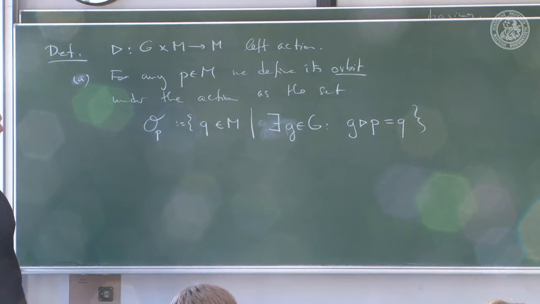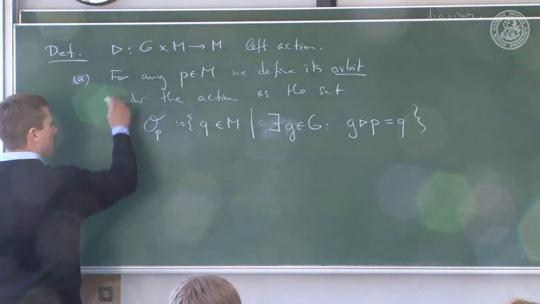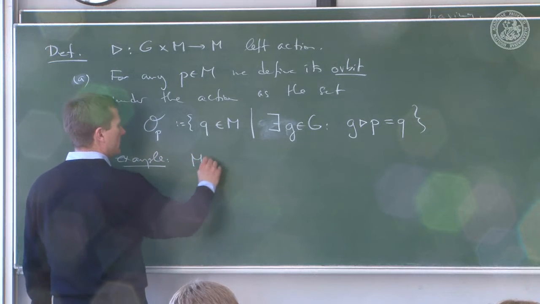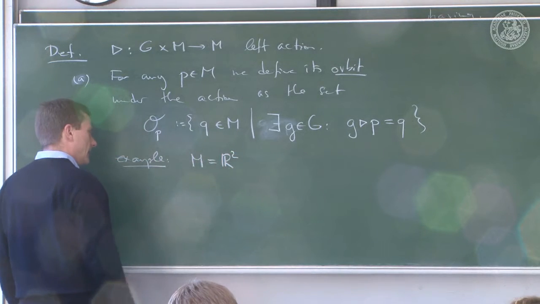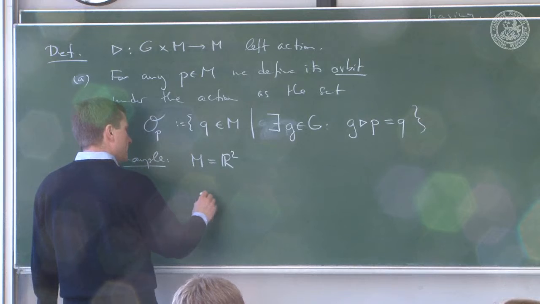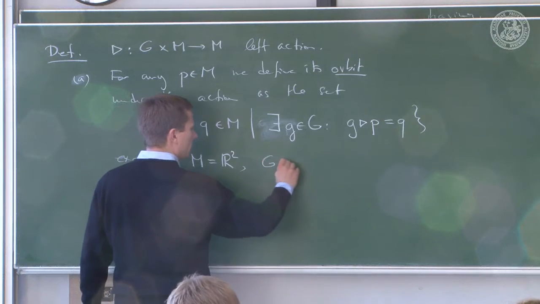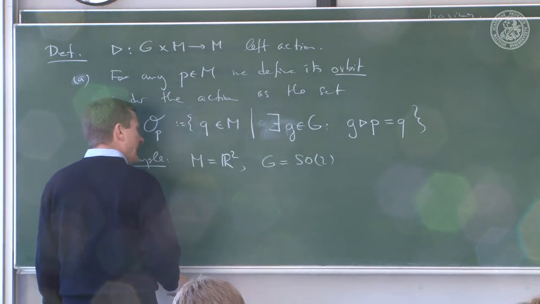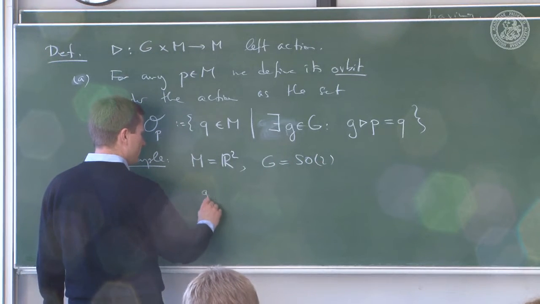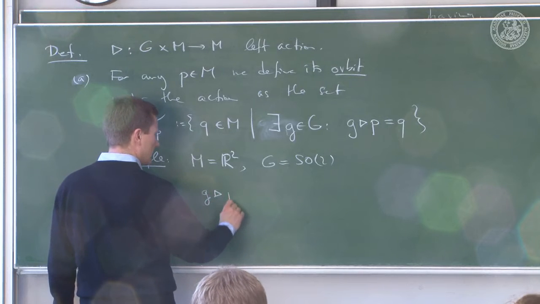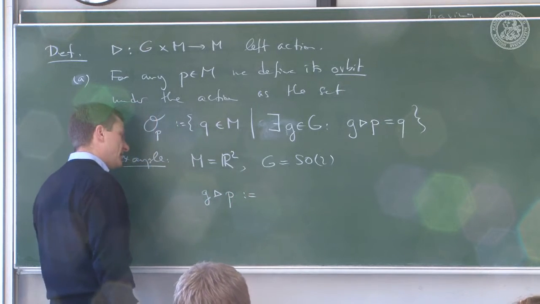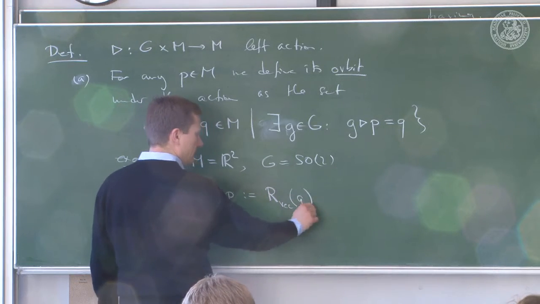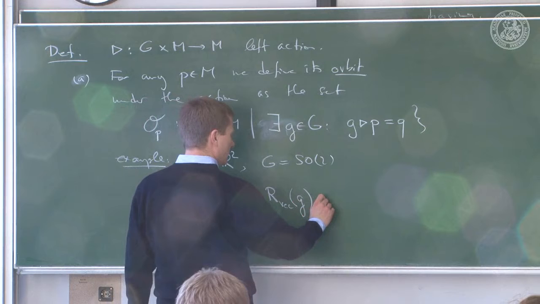That's an orbit. Well, let's make an example right away, although we're in the middle of the definition. Example: let's say the manifold is R2, and let's say that the group is SO(2), and let's say that the left action of G on a point in R2 is defined as the vector representation of this group element acting on the point